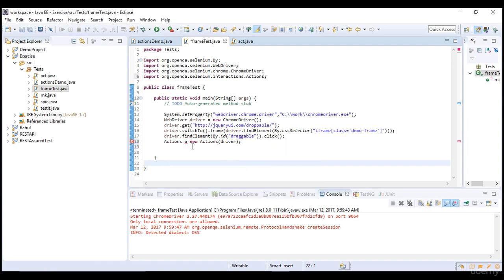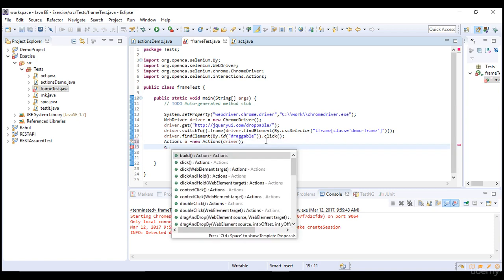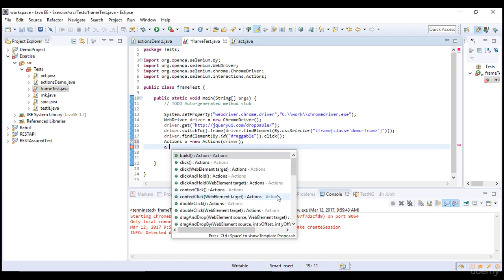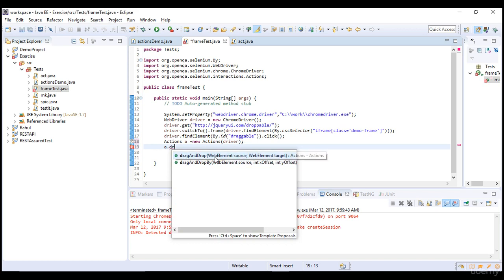Now a dot, now we need to drag and drop, right? You see that drag and drop takes two arguments. From the source you need to drag and drop it into the target.